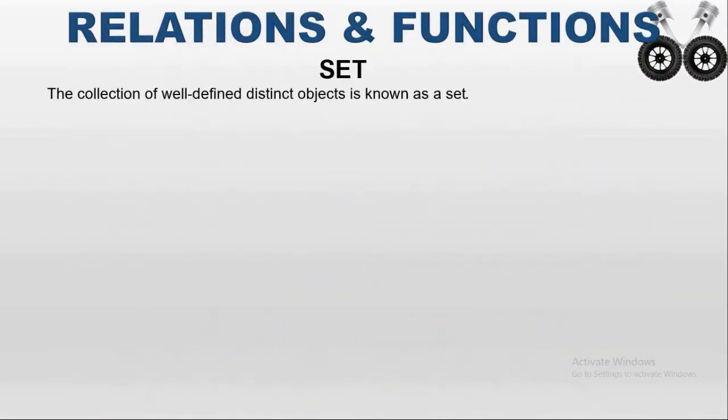Part 1, Introduction. Very first we are going to see what a set is. A set is nothing but a collection of well-defined, distinct objects. What is meant by well-defined? Well-defined refers to a specific property, that is, whether the given object belongs to the particular set or not. That we have to define here. And distinct means each and every object belonging to the set should be different. That is called a set.